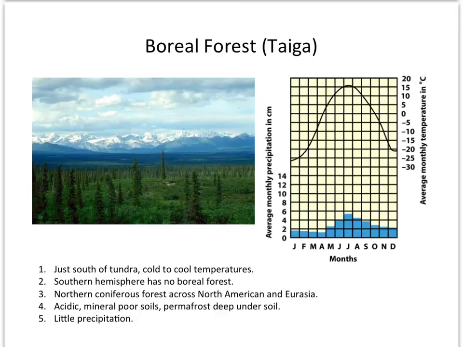There's numerous ponds and lakes in these biomes, and this was caused by the grinding of the ice sheets during the ice ages and the deposition of the water as it retreated. You'll see here very small conifers or evergreen trees live in these biomes. You're not going to find deciduous trees located in here.